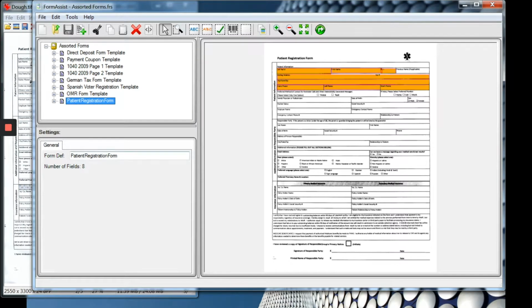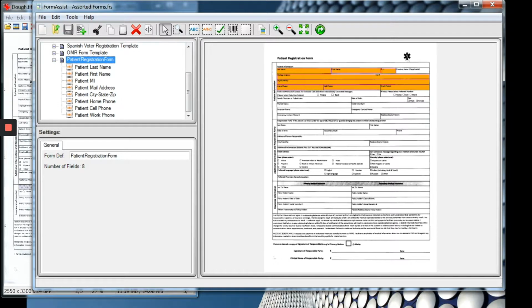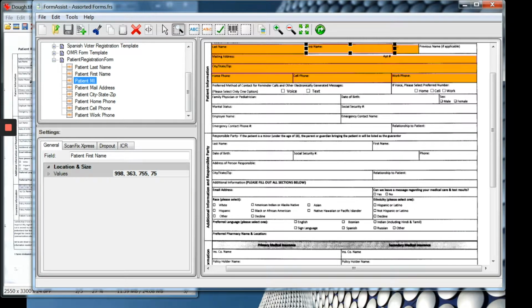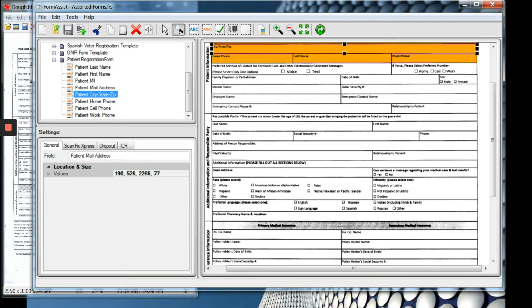AccuSoft has a tool called Form Assist that's part of our SDK, Form Suite for Structured Forms. It enables users to set up templates on forms for easy data extraction. Go in here to your form and set up the fields. These are all ICR fields, so you can capture the information from handprint data as well. Now set the forms up to select each field that you're interested in and test it out to make sure